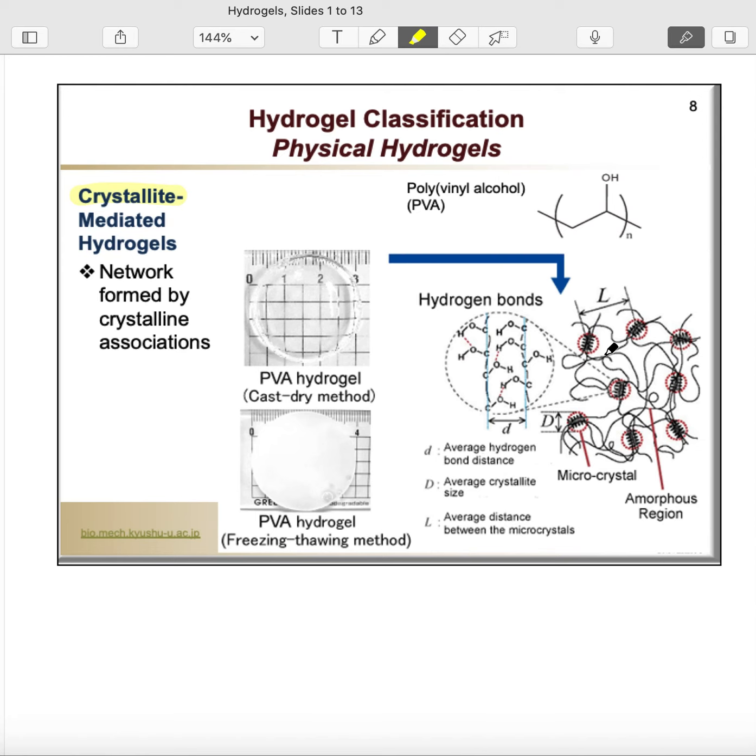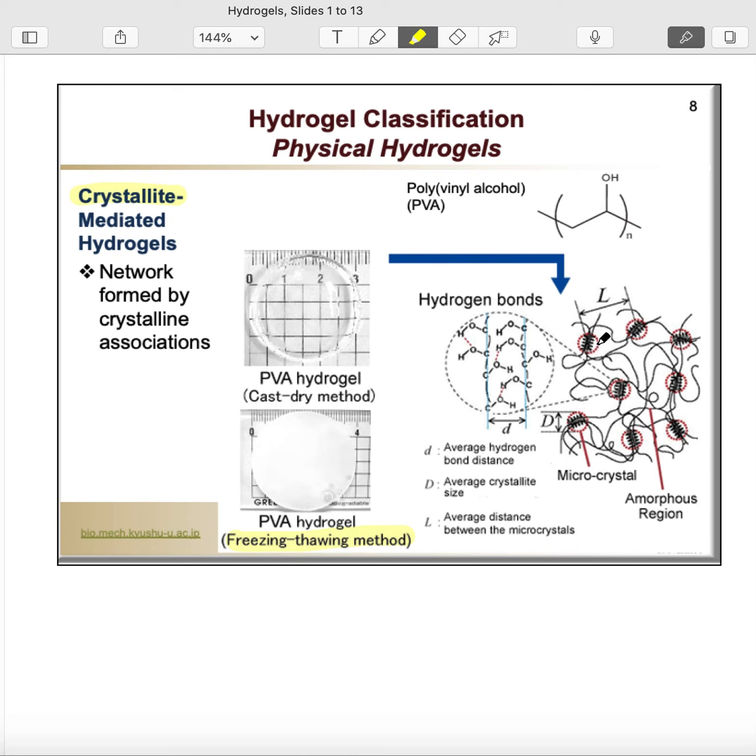Polyvinyl alcohol can be made to form crystallites through a couple of different methods, but one of the methods is this freeze-thawing method, where you subject the polyvinyl alcohol solution through several cycles of freezing and thawing, to allow the polymer to form these crystalline regions